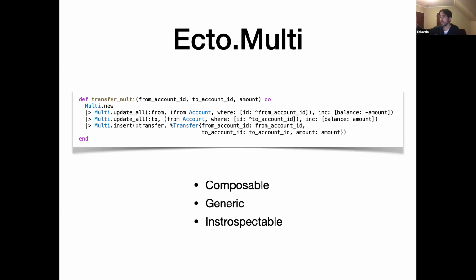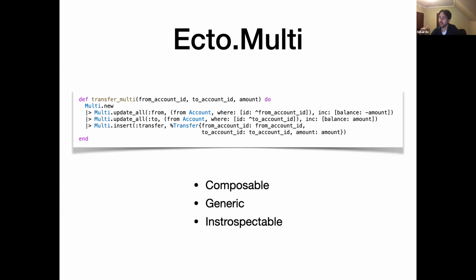As you can see, I'm just getting something, passing it to the update all. That Multi update all will return another multi. And I can keep doing this. Basically, I'm stacking operations, and they will operate in this exact order that I'm doing. So if I switch the order, it will actually change the result, or may change the result depending on what you're doing. It's very generic because, as you can see, and if you look at the docs, every operation with Multi,